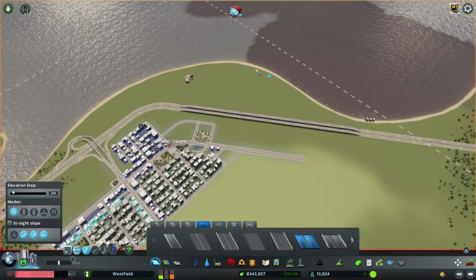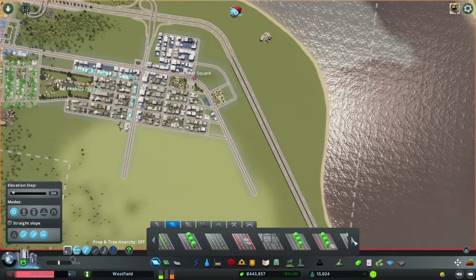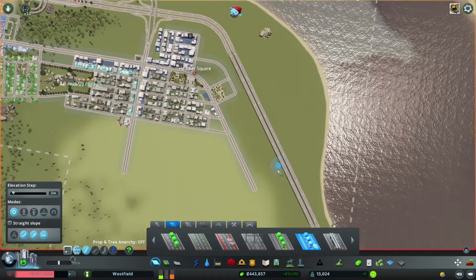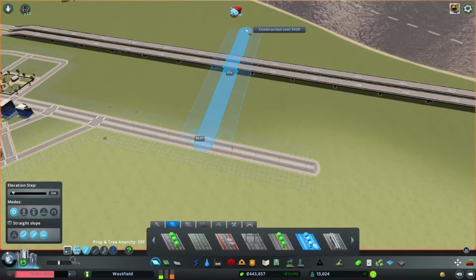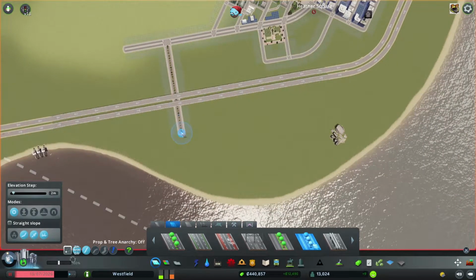So this here will be the university. I want to bring in some kind of entrance, and I want to use, is it these? Yeah, it's these right here. I want to use one of these roads that have the bus lanes built into them. So let's bring this over to here. So we'll bring this in, and then I think we're going to,